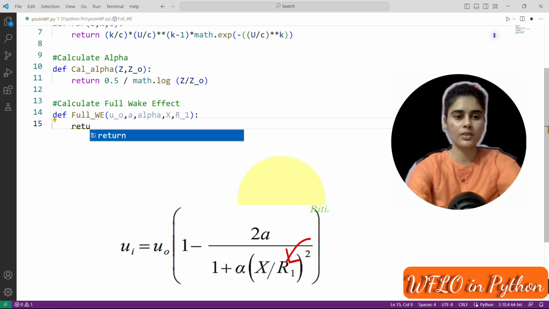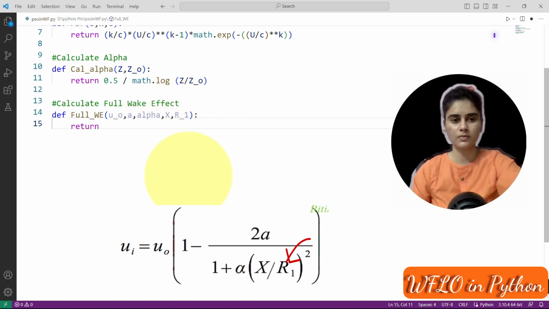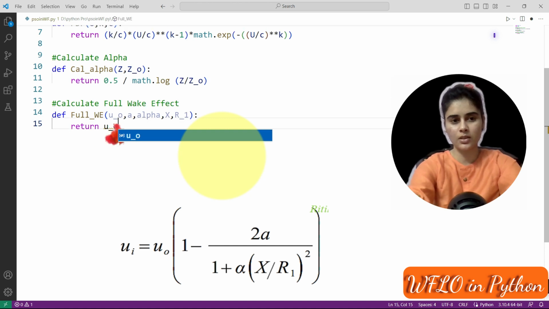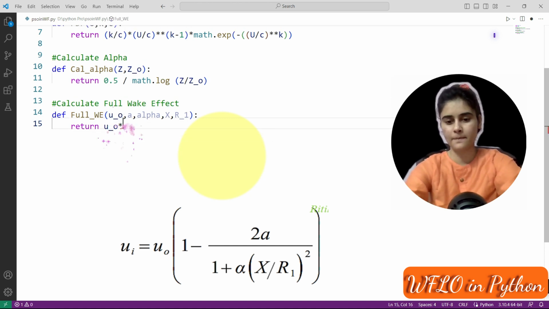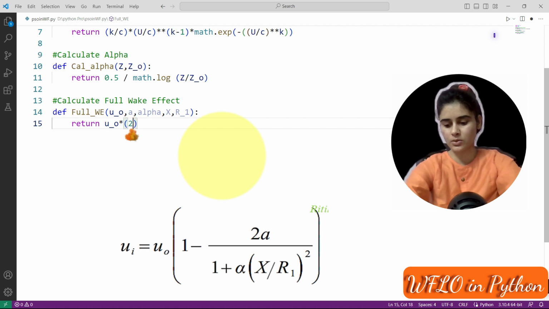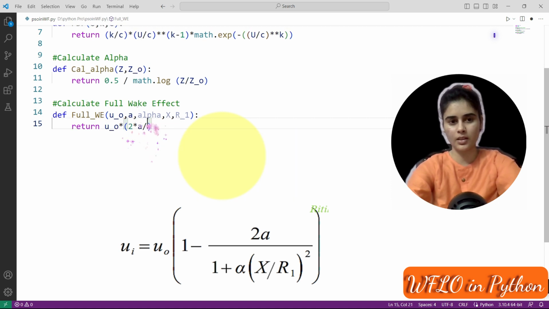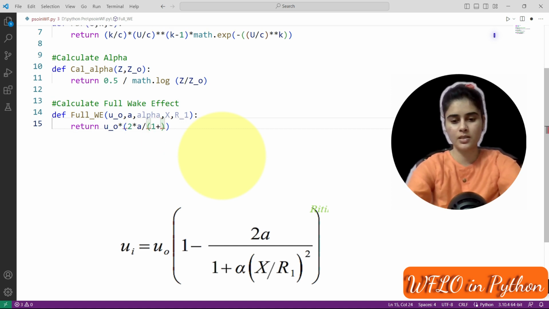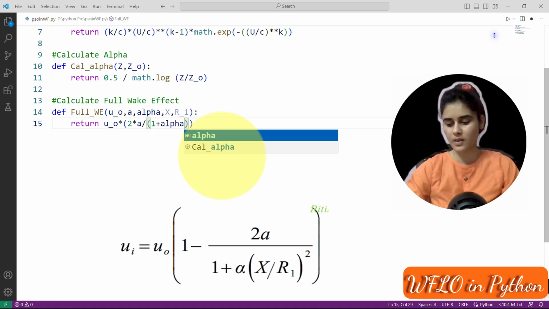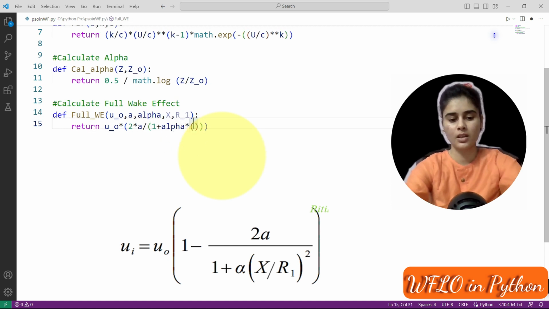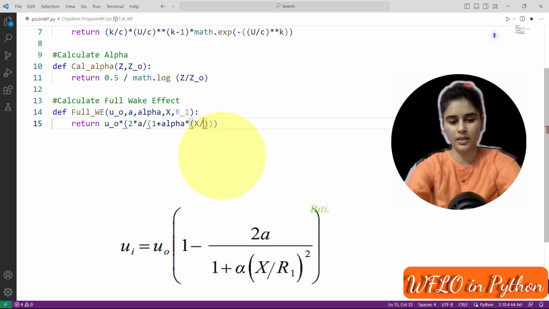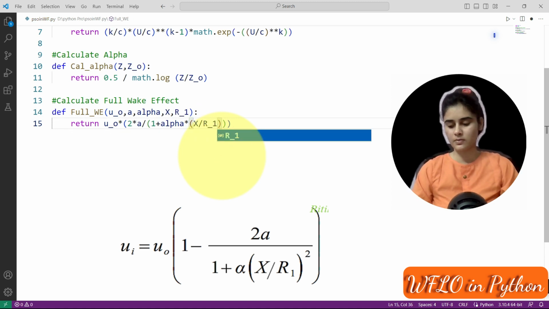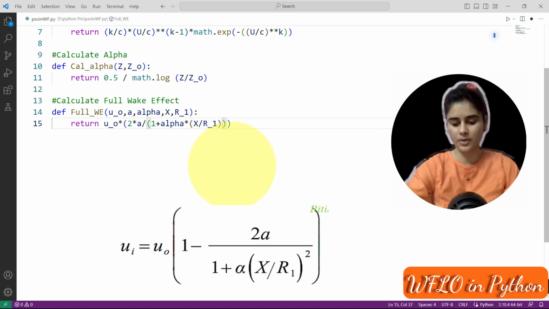This function will return, enter this equation here, that is u0 into 2 into a, divided by 1 plus alpha into x divided by r1, x divided by r1, its power 2.